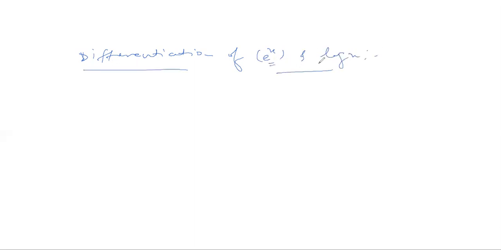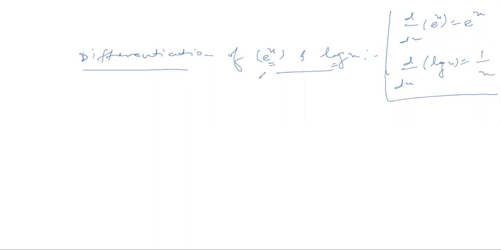The first thing that I'm going to tell you is the differentiation of exponential and logarithmic functions. The differentiation of exponential is in the form of e raised to power x, and in the form of log x also. These two differentiations we'll study today. As you know, d by dx of e raised to power x is e raised to power x only, and d by dx of log x is 1 upon x. So these are the formulas of differentiation, and let's move on and we'll solve a few questions now.